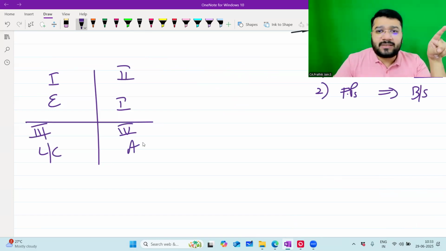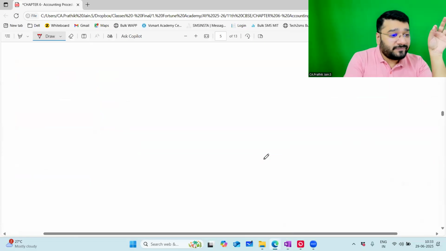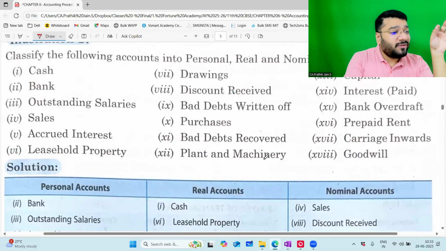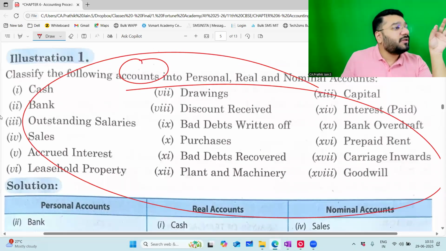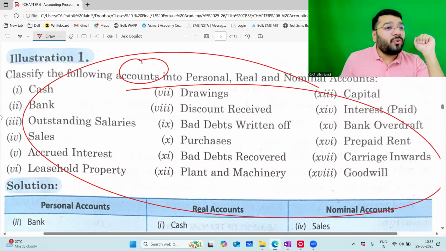We did the transactions yesterday. We saw the questions yesterday. Illustration 2. I asked you, these are the following accounts. All these are accounts. We classified them under 2 categories, one as per modern rule, one as per golden rule. So everything and anything, you were comfortably putting under either asset category, liability category, capital category, income category or expense category.